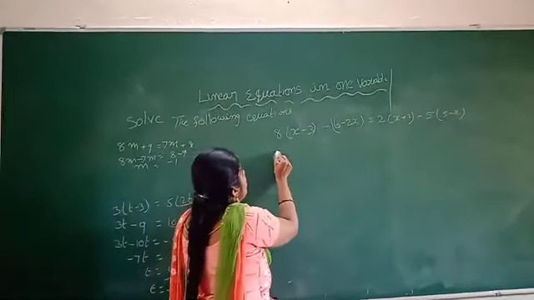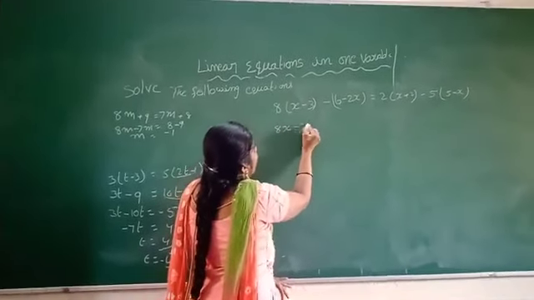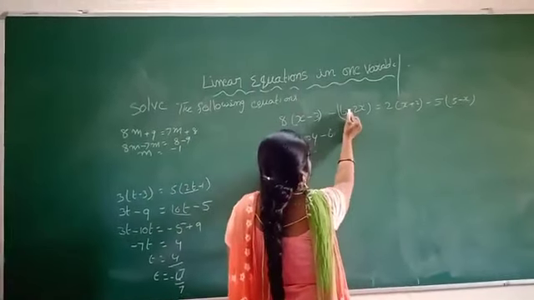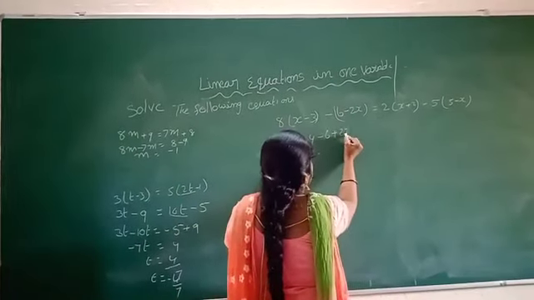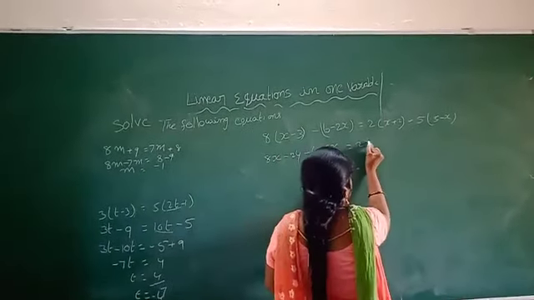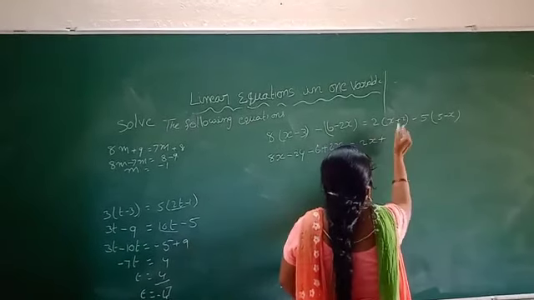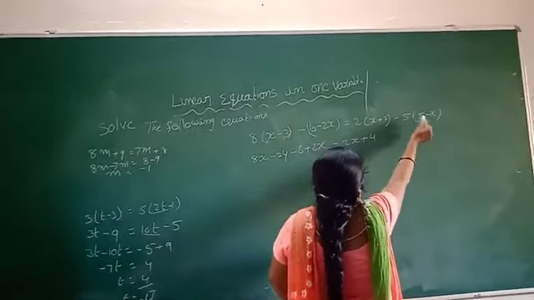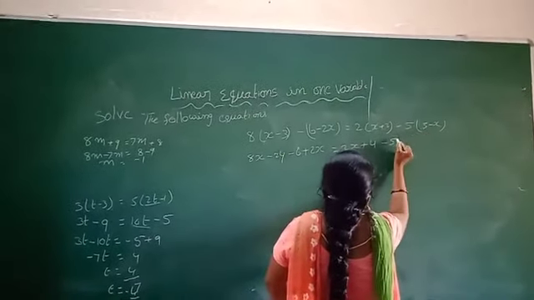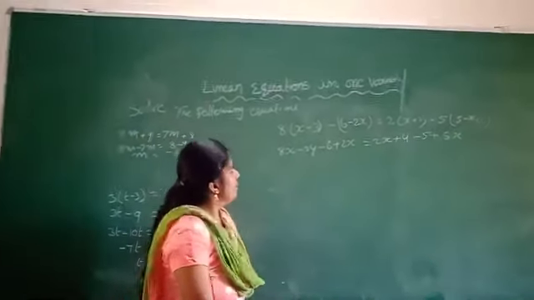8 into x, how much? 8x. Plus into minus, minus. 8 3s are 24. Plus into minus, minus 6. Plus into minus, plus 2x equal to 2 into x, 2x. 2 into 2, plus into plus, plus 4. Plus into minus, minus 5 into 5, 5. Minus into minus, plus 5 into x, 5x. Next,